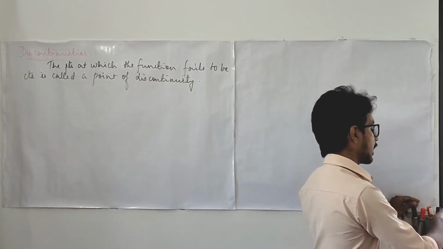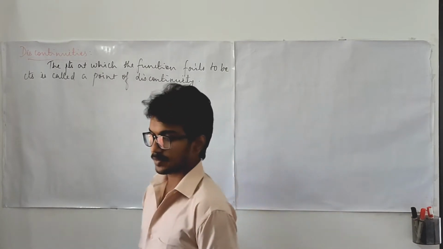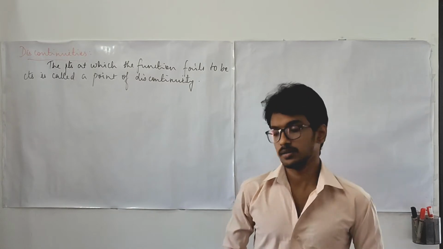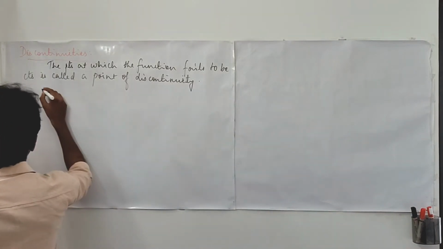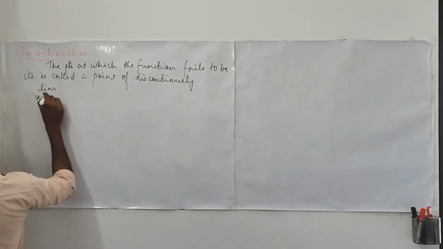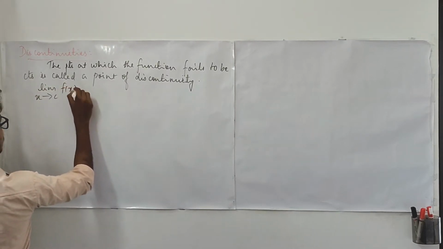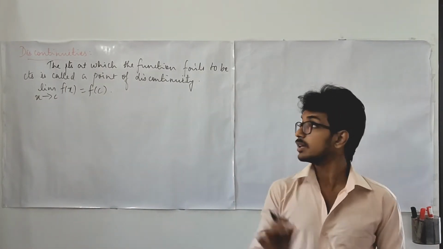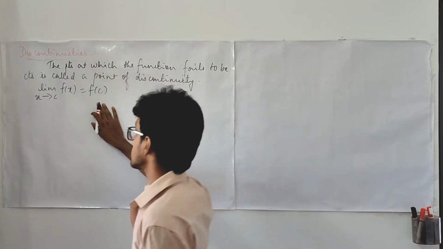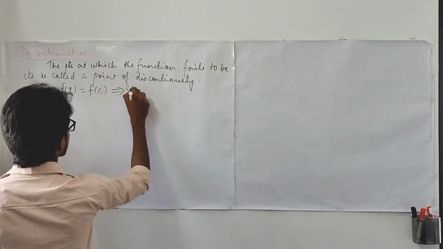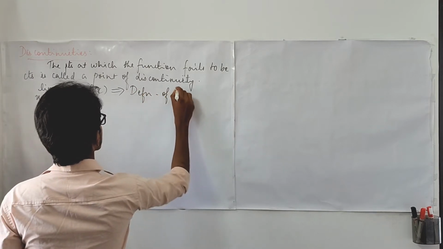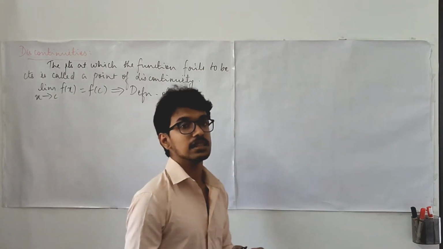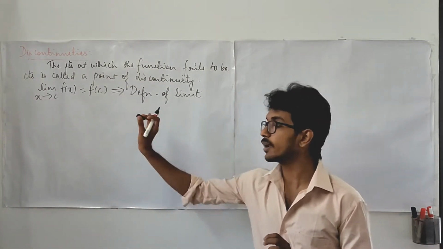Discontinuity can further be classified into several types. The classification is based on whether the limit exists or not. Continuous functions were also defined in the form that when x approaches c, the limit of f of x is the same as f of c. With the help of this definition, we are going to define several types of discontinuities. When this limit exists and is equal to the value f of c, then we say that the function is continuous at the point c.